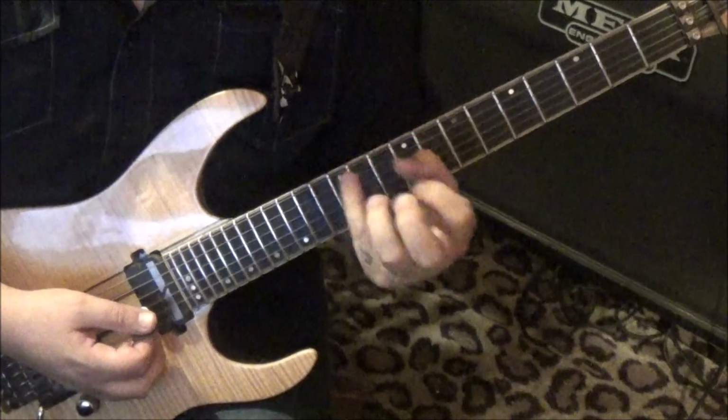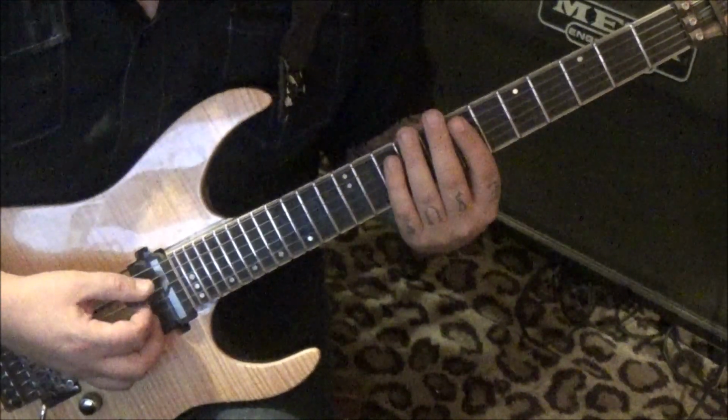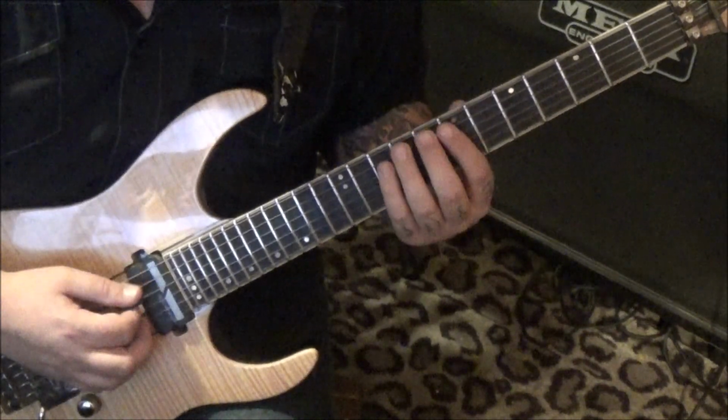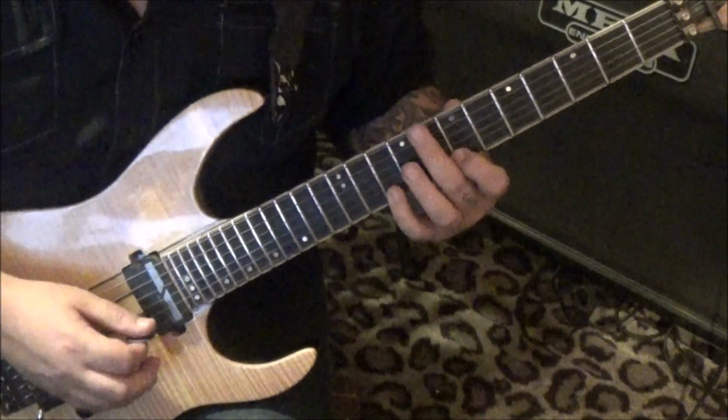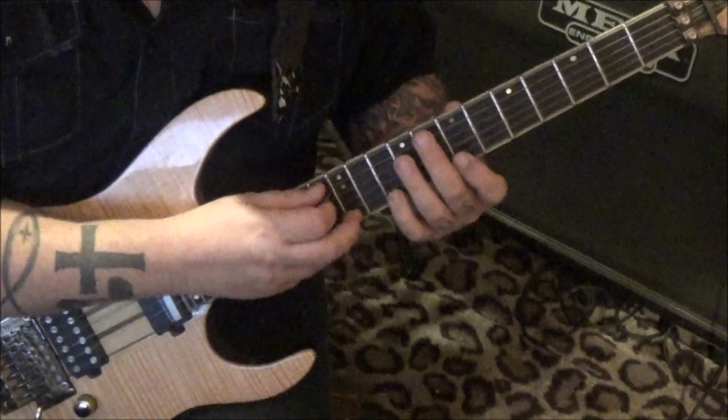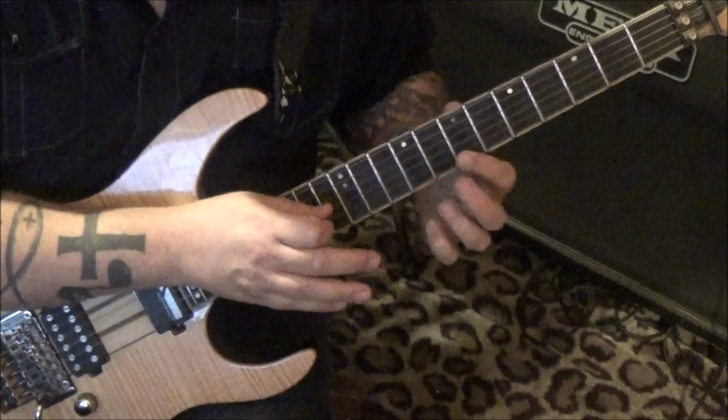Avoid notes ringing together to sound like chords. You want to keep the separation. We're going to hammer fret 10 on the high E, and then with the middle finger tap 12, and then pull off to 10, 7. So it's,